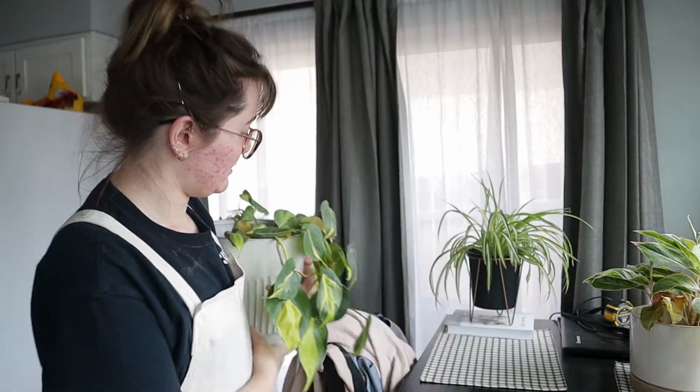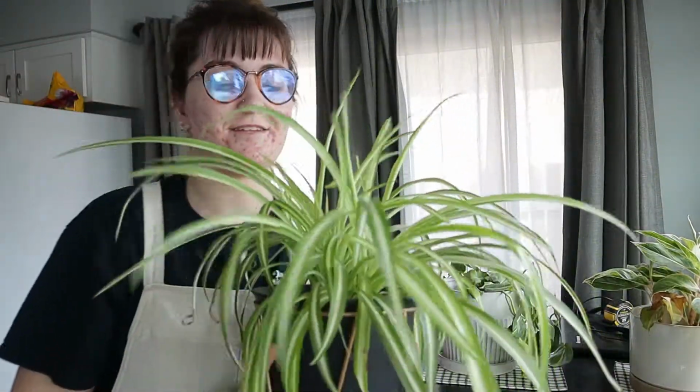This is actually a philodendron, and he is variegated. I absolutely am obsessed with these types of plants. Monsteras, philodendrons, and pothos I think are super rewarding and super easy to take care of. So look at this guy. Okay, so this is my